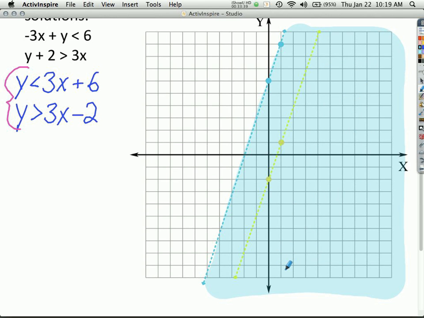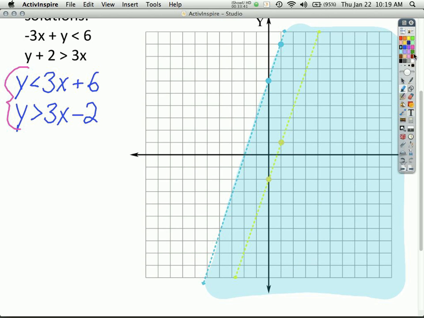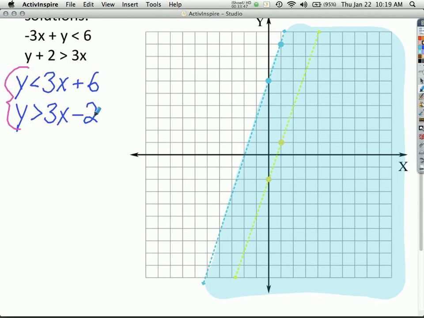Okay? Now my yellow line here represents this right here. Which way are we going to shade that one? Where am I going to shade? Von Travis, you're on a roll. Keep going. I'm going to shade up, which means if I was standing right there like a mountaineer, I would go up from there. And so now I'm going to shade here.